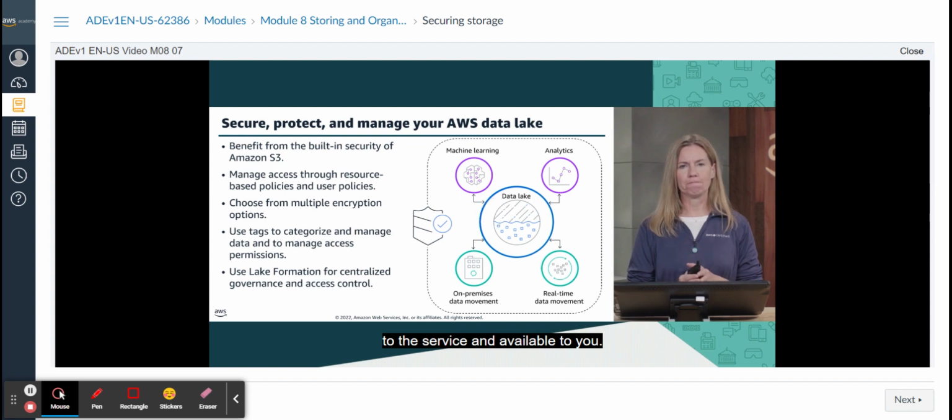available to you. You can use these capabilities to help protect your data from both internal and external threats. The durability of Amazon S3, combined with protections against malicious deletions and corruption, help to provide a high